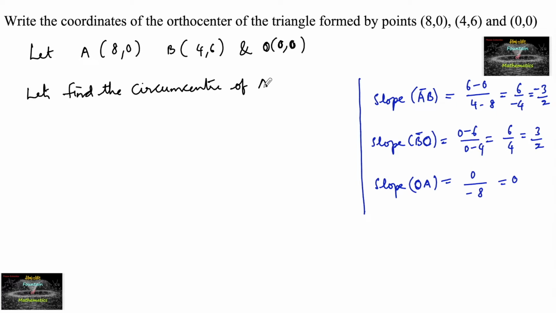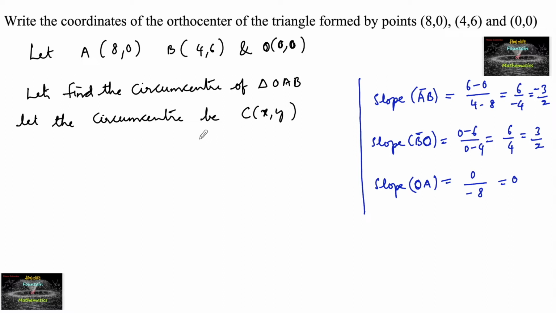Circumcenter of triangle OAB. Let the circumcenter of triangle OAB be P(x, y). Let's take the point C, circumcenter C(x, y). Then,